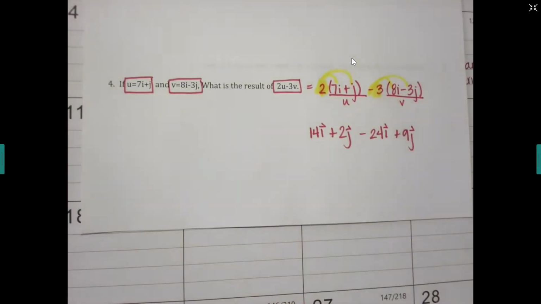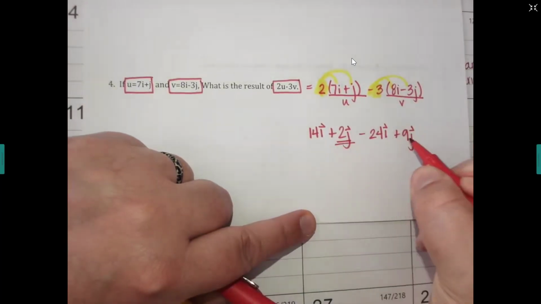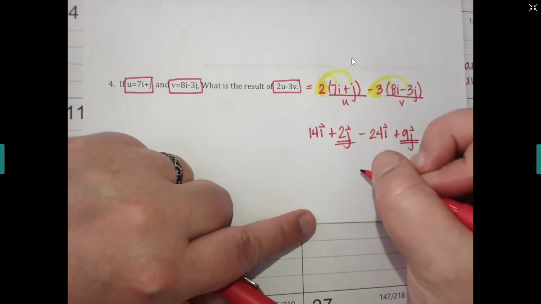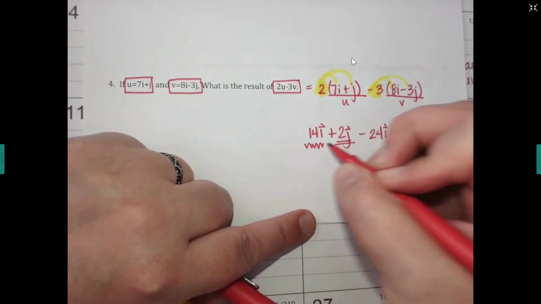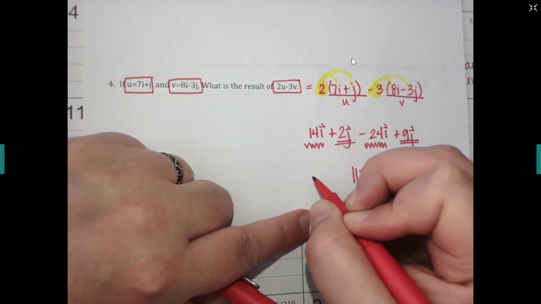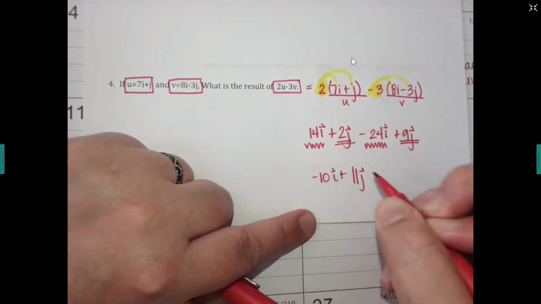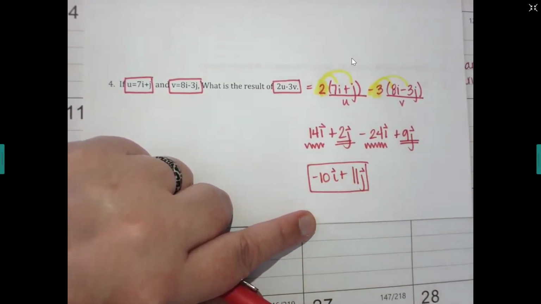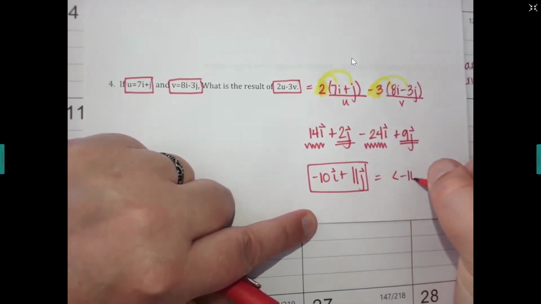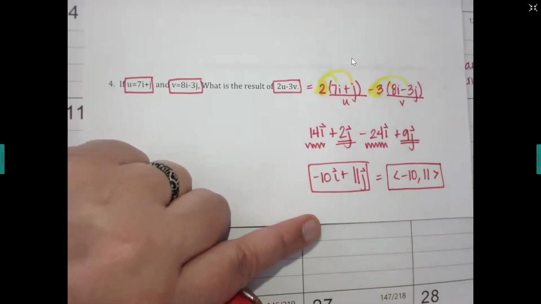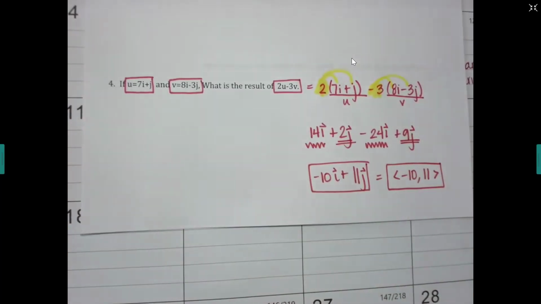Then from there, you're adding the like parts together. So my 2j and my 9j give me 11j's. And then my 14i and my -24i give me a -10i. You should also be able to convert this back into a regular vector. But remember, these 2 vectors are the exact same thing. It's just notation. You're either in ij form or you're in what's called component vector, where you have the